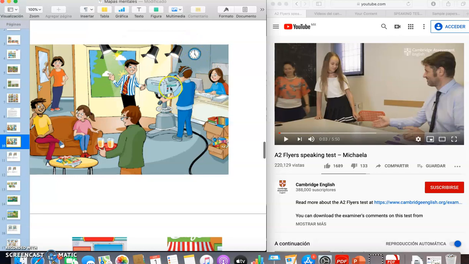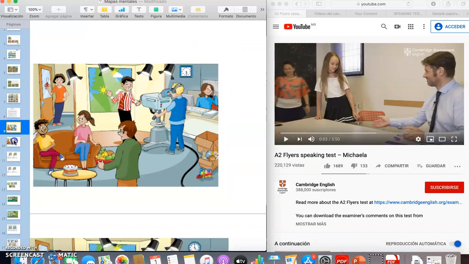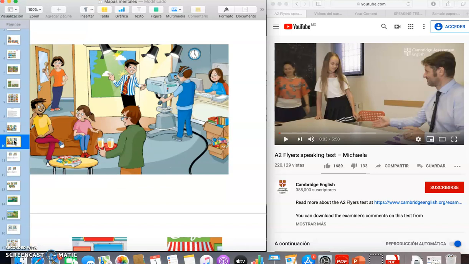Okay? Now you have to find the differences and tell me how your picture is different from mine. So that is the instruction. In these 2 pictures, you will have to find the differences. And in the next section,